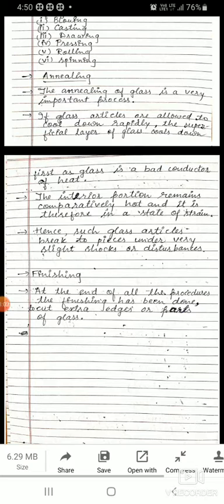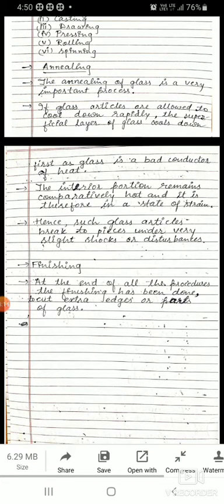Annealing means cooling down the glass, and if glass articles cool down rapidly, it will form bad quality glass.